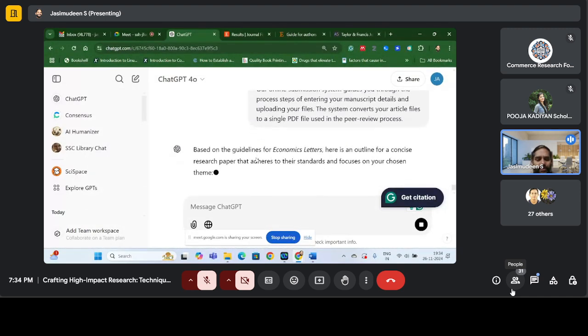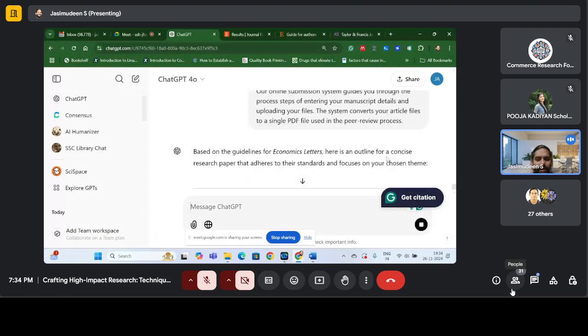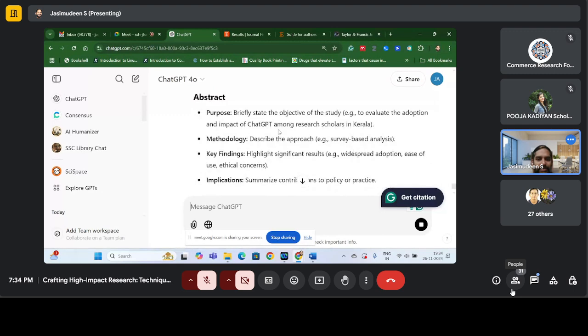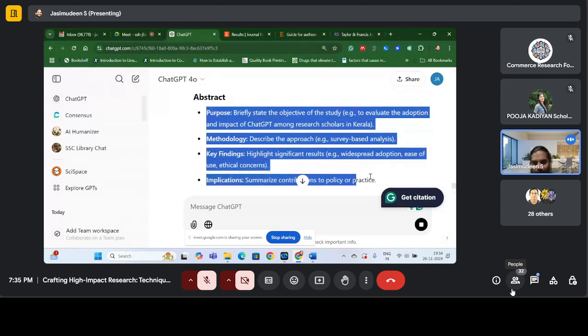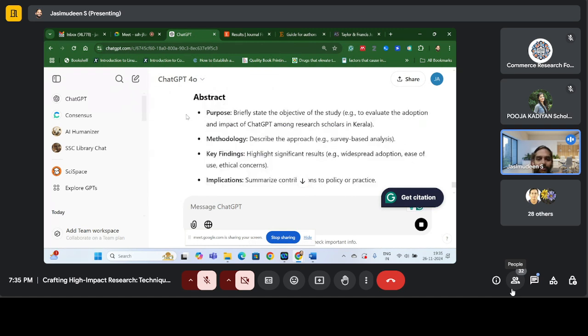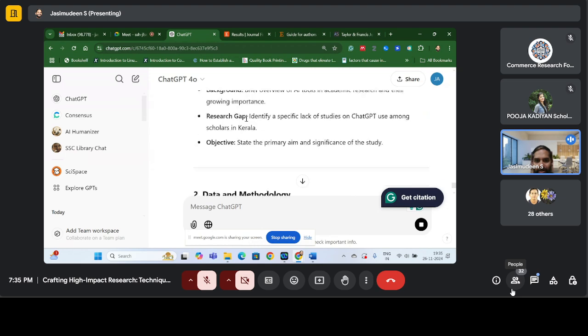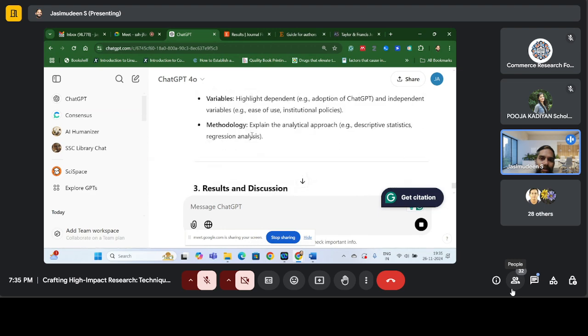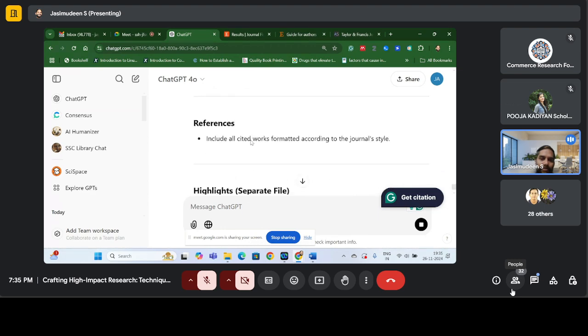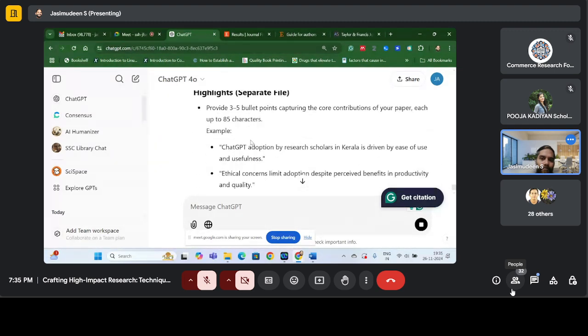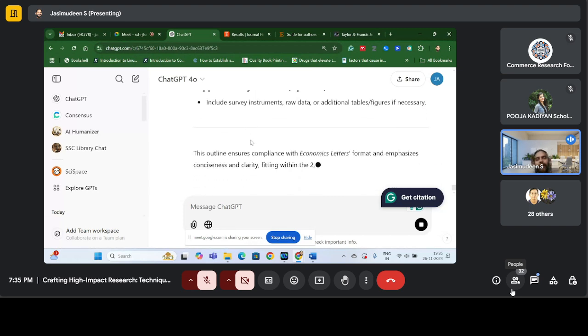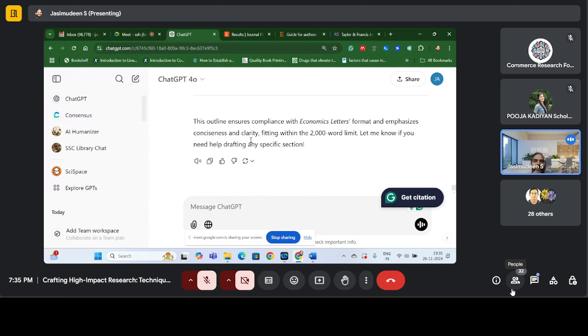Okay. So based on the guidelines for Economics Letters, here is an outline for a concise research paper that adheres to their standards and focus on a chosen theme. See, title is there, then the abstract, how the abstract should be written, purpose, method, key finding. See, this will be the format of articles which are being published in Economics Letters. Abstract is there, then keywords, then introduction, how you should write the introduction, data, methodology, then result, policy implication. So outline is there. So after reading this outline, you will have a good idea where to start, how to start, and what to write